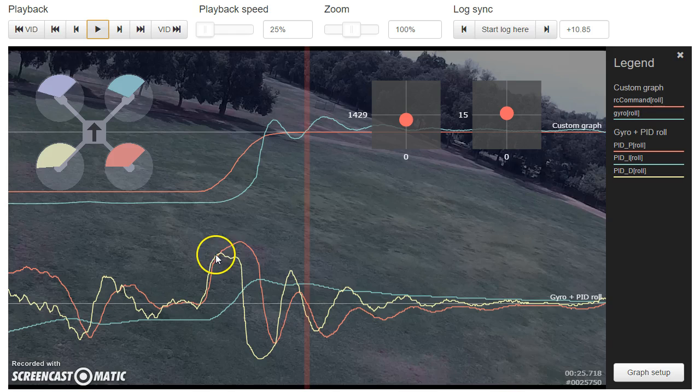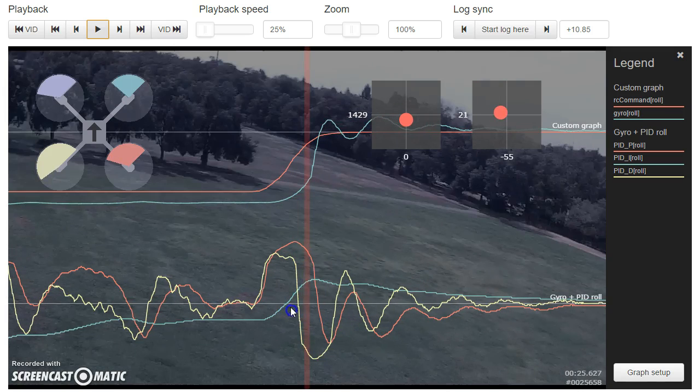So we can see that as the P term is rising but starting to fall, the D term is already going down. And as the P term is falling and now starting to rise, the D term is turning around. So the D term is always a little bit ahead of the P term, right? You can just sort of see that visually. And so in this case, as the P term begins to slow down, as your stick is beginning to return to center here, the D term is already changing directions and starting to go the other way. And that causes the gyro to almost lead the stick a little bit, which in fact is what you want,